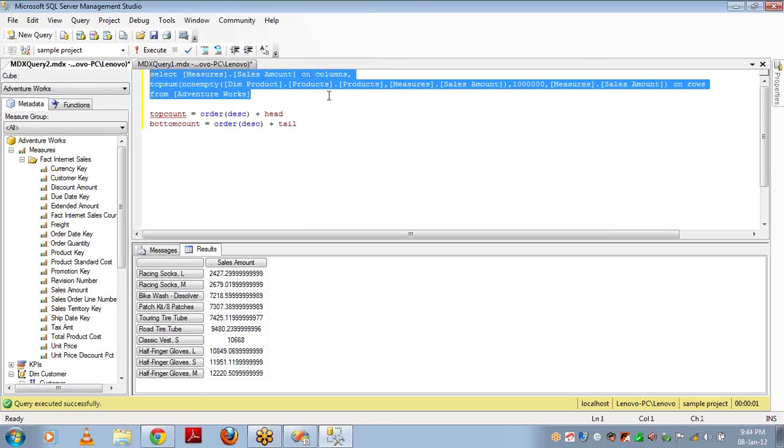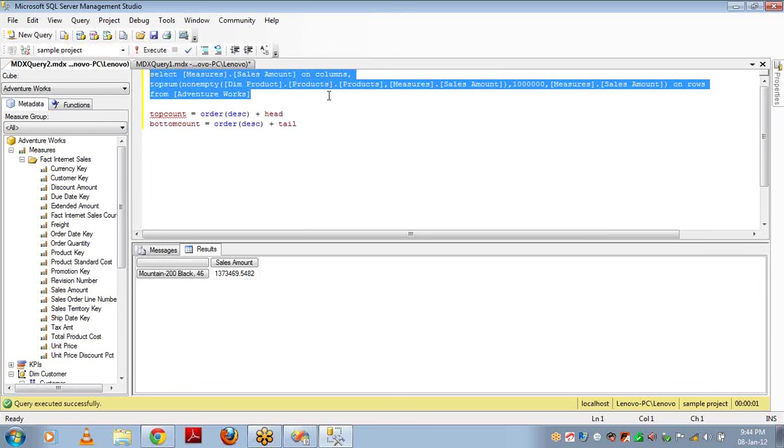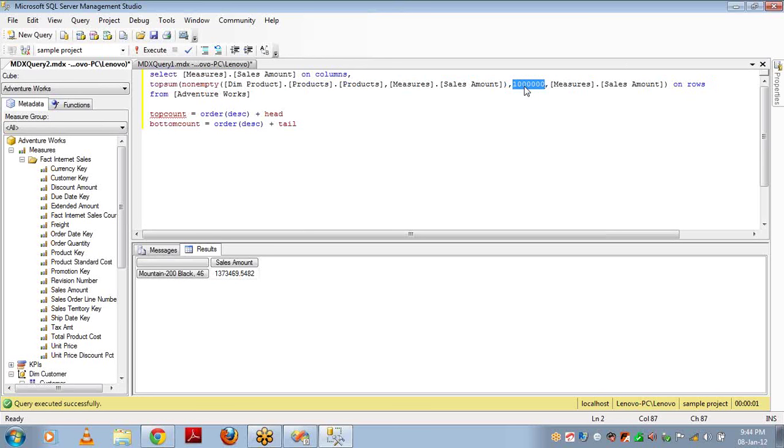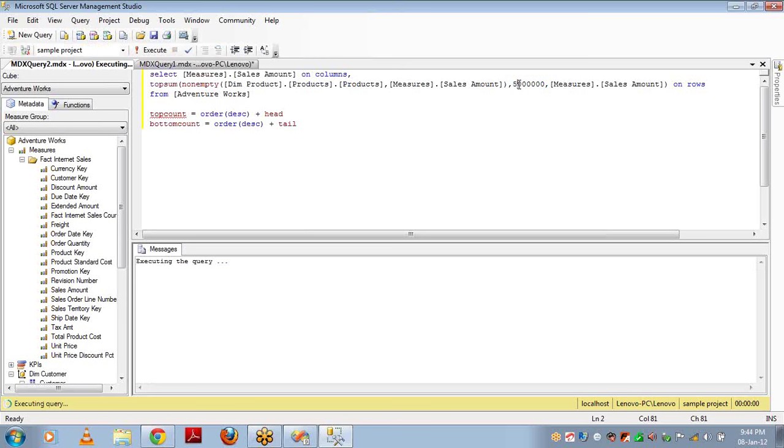If I run this, that is 10 lakhs, and I'm asking the server to give the top n number of records for which the sum will become this much, or it will give a very close value. And let me give 50 lakhs or so that you can easily understand.